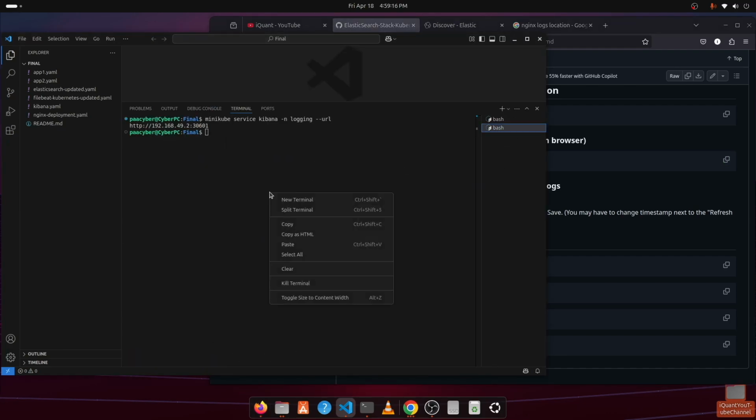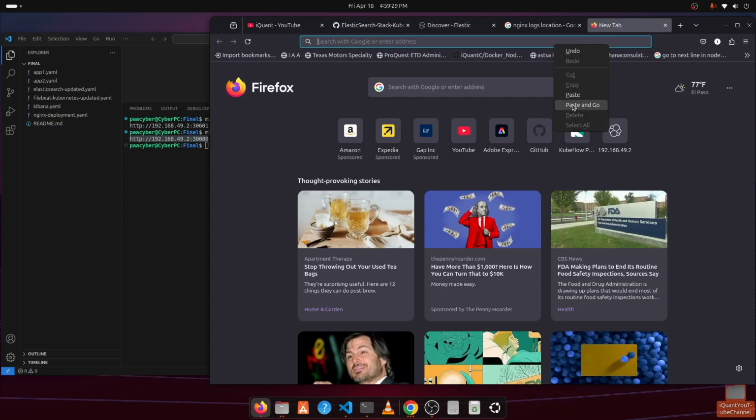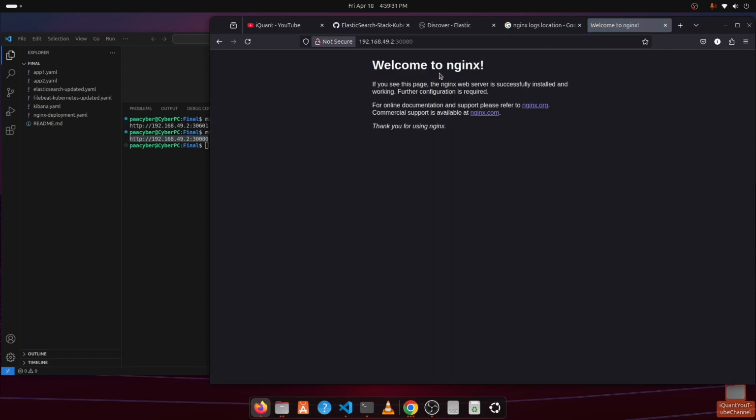So on this other terminal, I'll paste it, and that is our URL. Copy it, go to your browser, open a new page, paste and go, and that is your NGINX service. Okay,